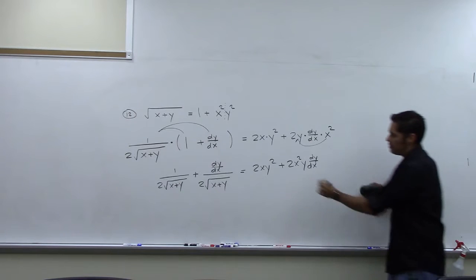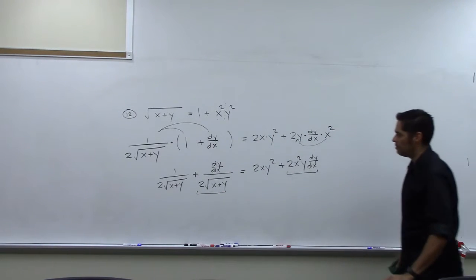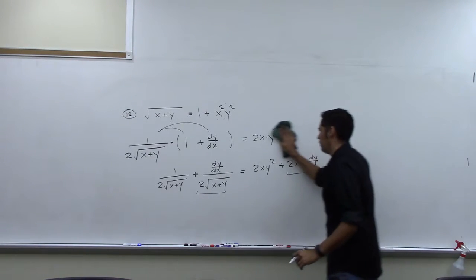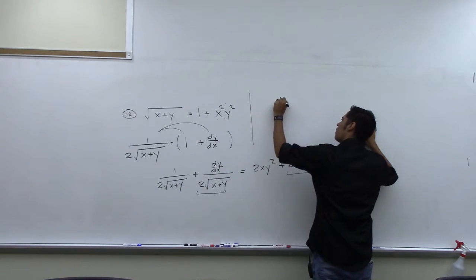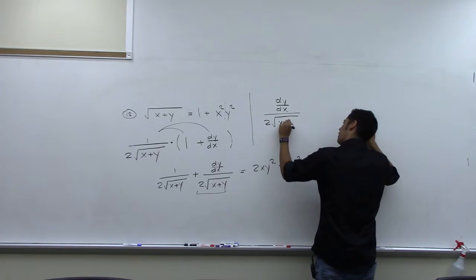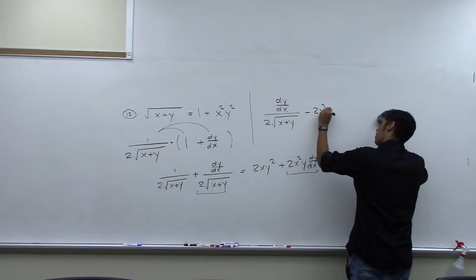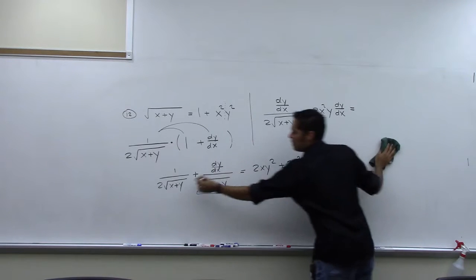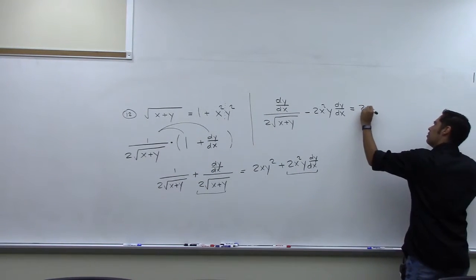And now I have this factor, or that term right there, and that term both have dy dx in them, so I'm going to get them to one side. So how about we move that over to the left side? So I'll have this piece here still. I'm going to move this piece over, so it's going to become minus 2x squared y dy dx equals, now this piece over here needs to come to the right side, and this piece was still there, so 2xy squared,